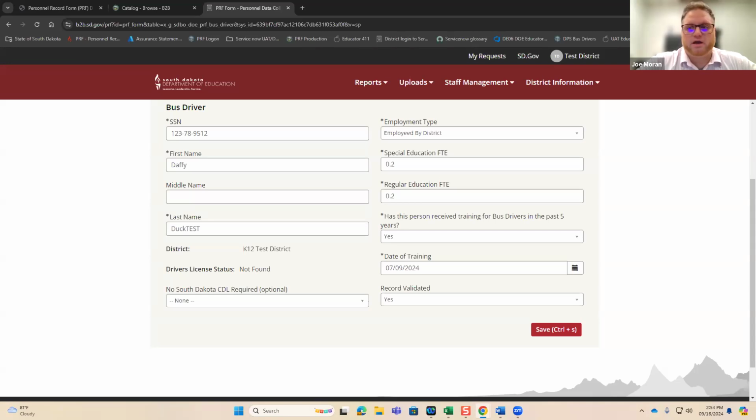This goes without saying, but I will put it on record. The no South Dakota CDL requirement option does allow you to skip the check. Know that that does put you in a position of liability in the case that that information is not accurate. So please do keep that in mind as you're entering this information, and make sure the information is as accurate as possible. For the off chance that something were to come back on this data, you want to make sure that you were being truthful from what the district's hiring intent was for that individual.